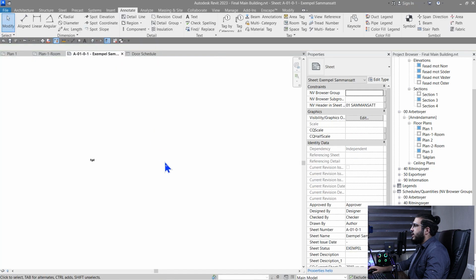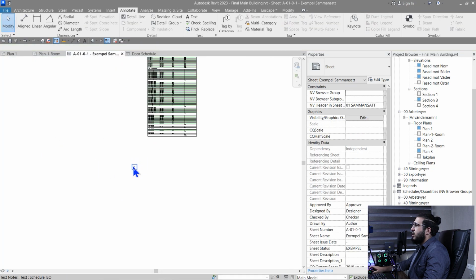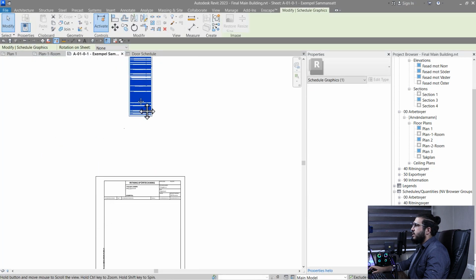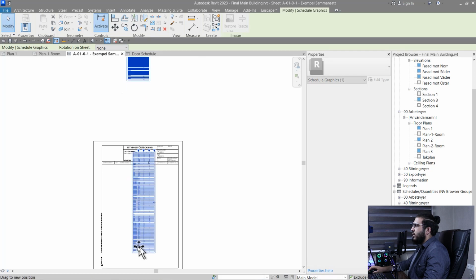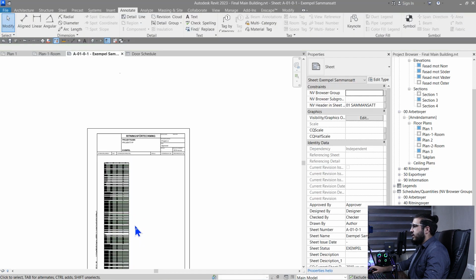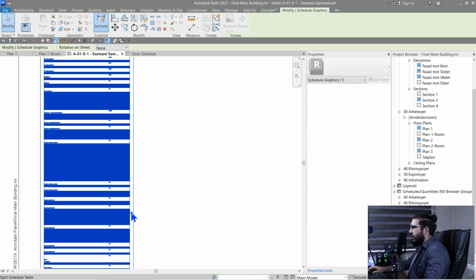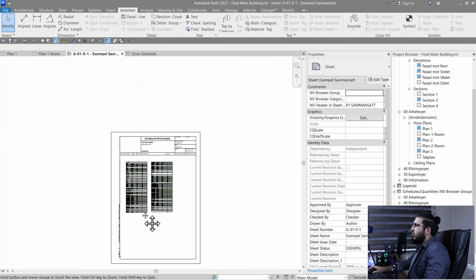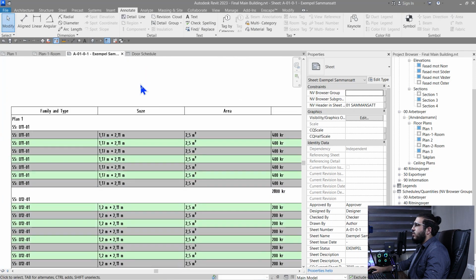Now let's go to the schedule and let's see them in here. You can see they are much smaller, and for example let's place it in here, and with this option that you have in here you can break it to 2 schedules, and now you can have your schedules in these sheets. So far we've calculated the number of elements and our elements, but sometimes, for example, we want